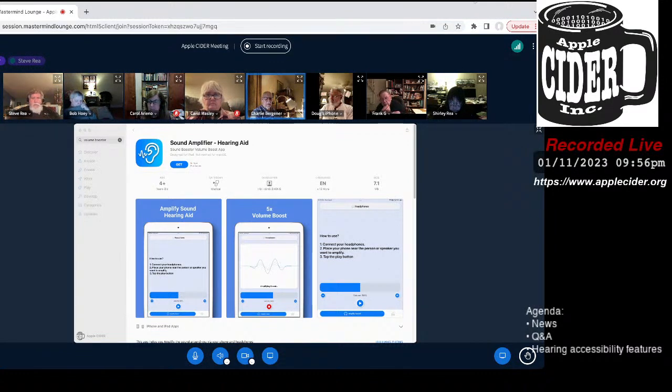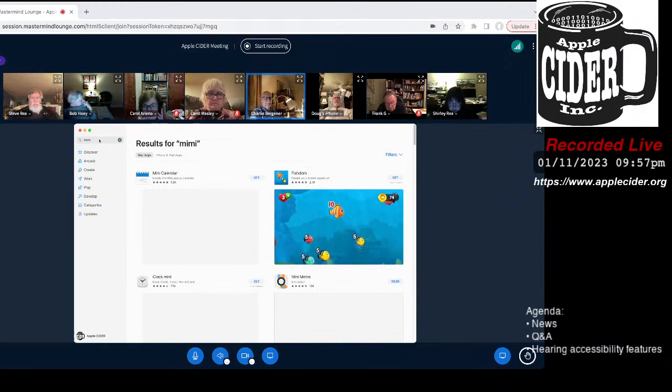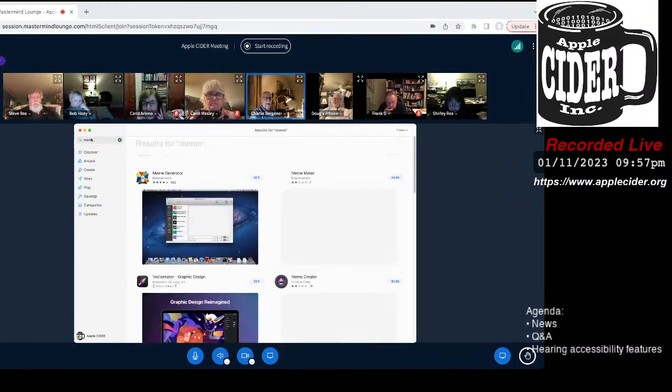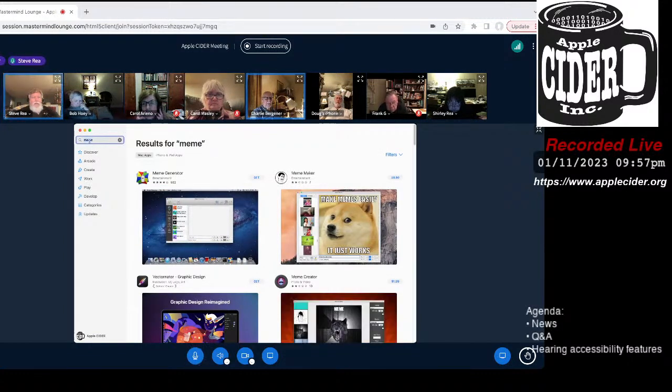One of the things that I would like to mention is that I don't know if anybody's talked about Mimi yet, but Mimi is an app for iDevices that will give you a hearing test. Again, it's pretty fussy about just using Apple equipment, but it's interesting because it goes left ear then right ear.